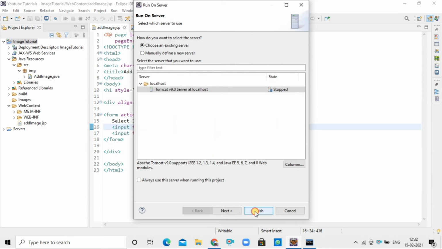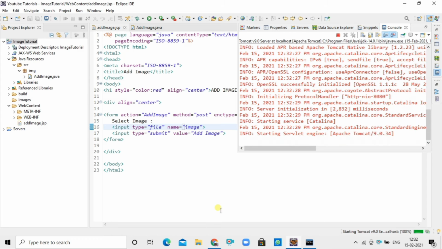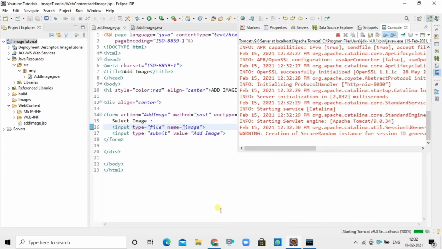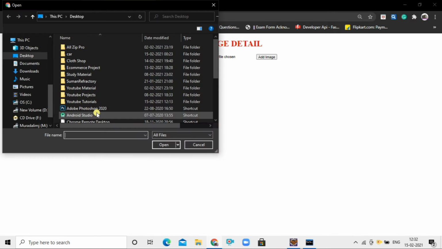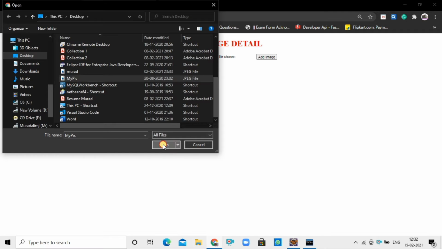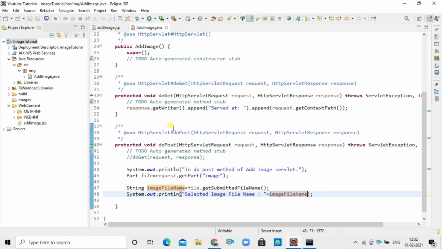Let's run the project. As we can see, the image file name of the selected image is mypic.jpeg.